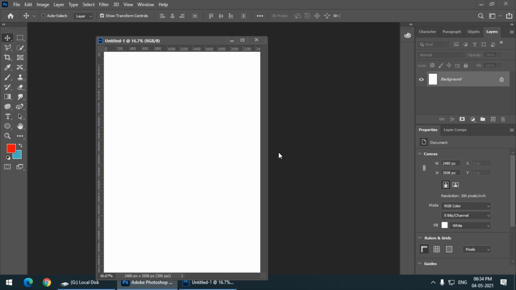Today we are going to largely see how to open a single image, or if you want, multiple images in Photoshop, and how to do basic editing or mixing by using the Move tool. So first of all we will see how to open images in Photoshop. First of all I will close this document.